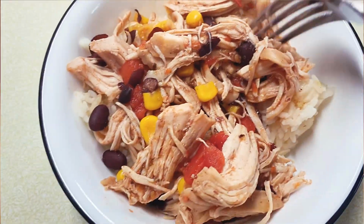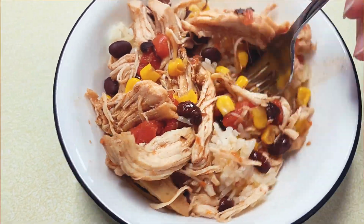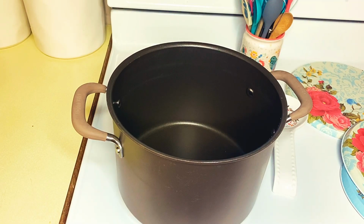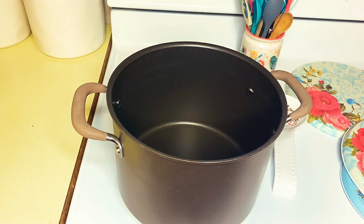And here is the final product. This was so good. And you can also make this into some burritos with the rice. It's like Chipotle in your home. I'm telling you, it's phenomenal. Okay, and then next, the last one that we're going to do today